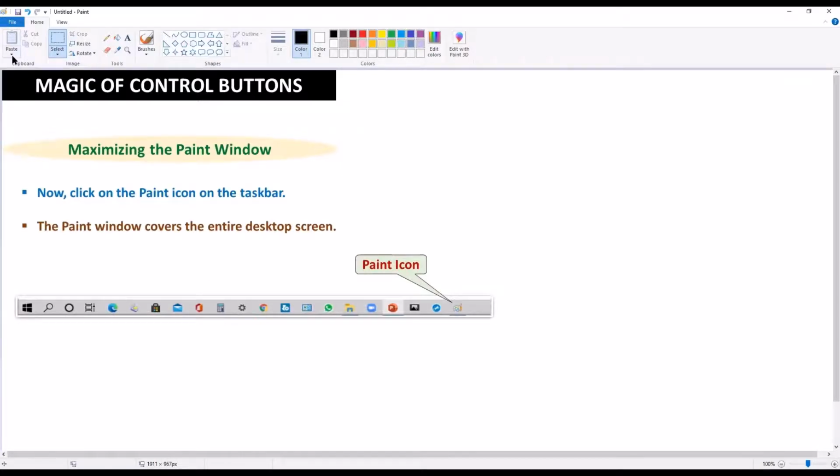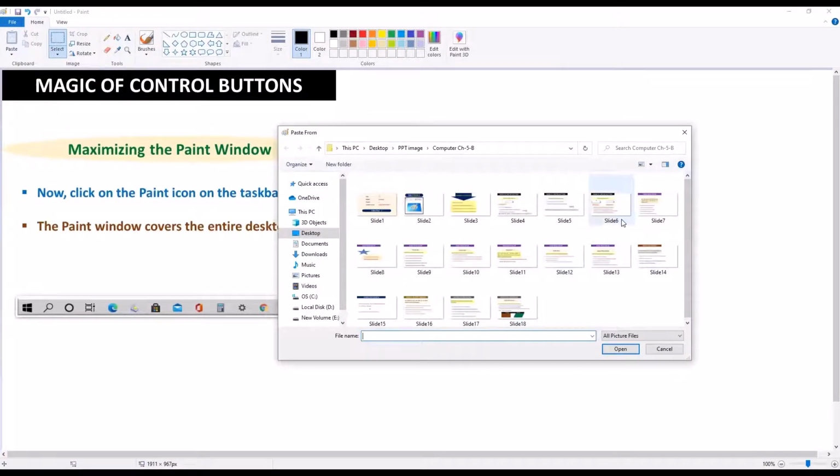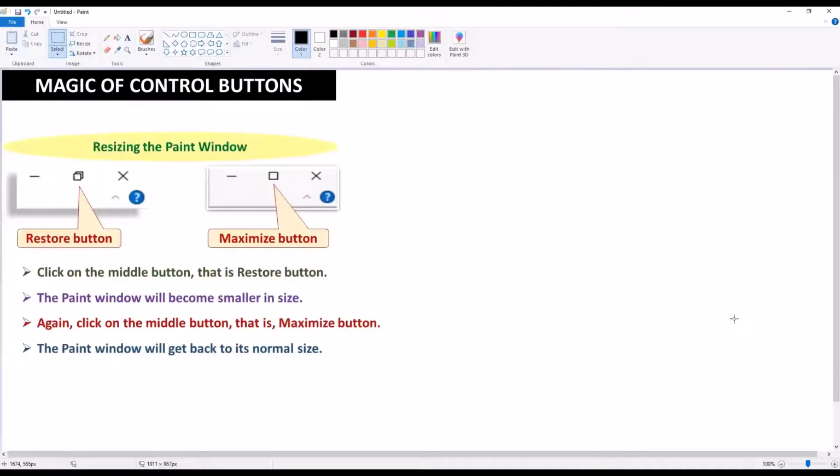Next, which button will we study about? Tell me, children. Any guess? We will study resizing the paint window, how we resize our paint window. So these are the three buttons on the right corner of our screen, children.